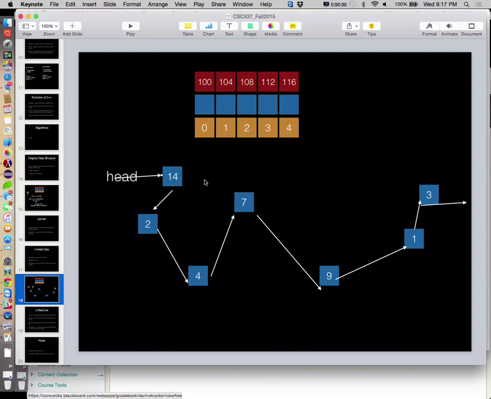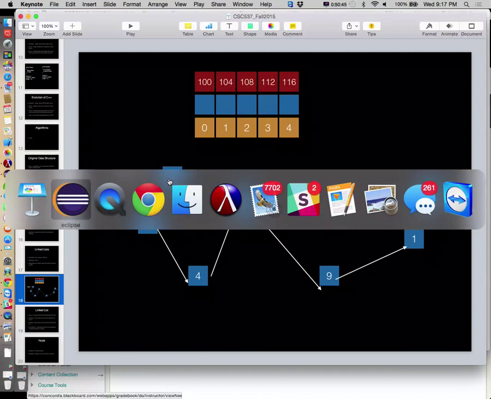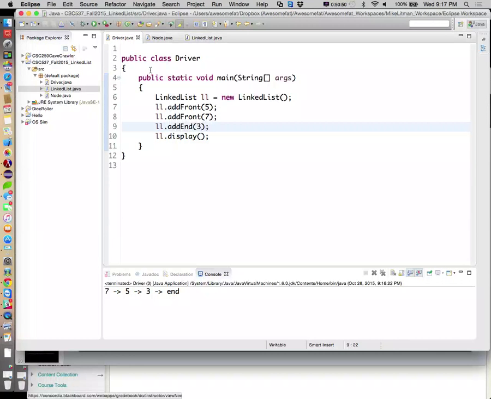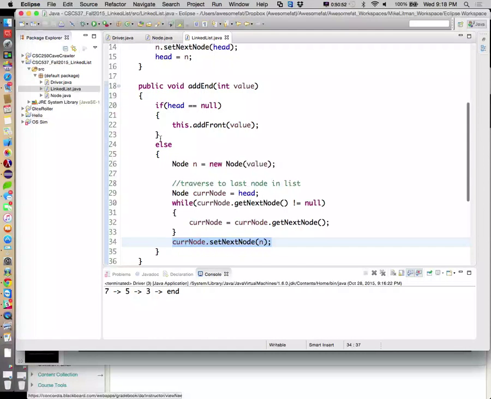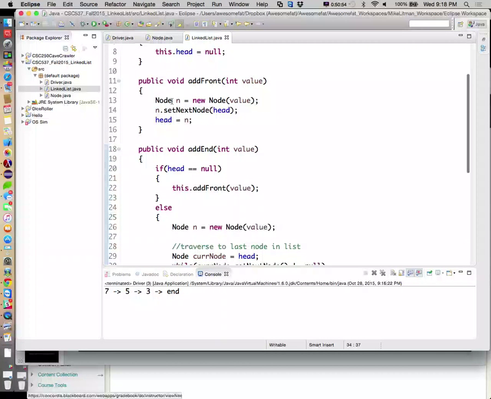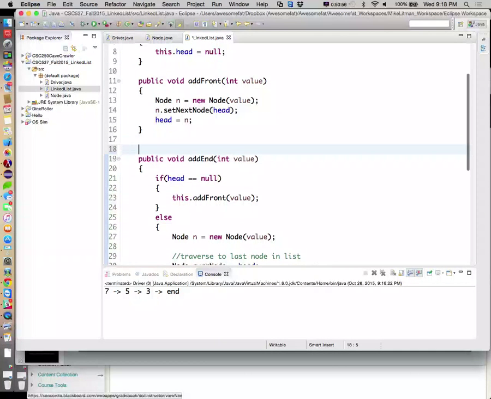All right, so we have to look at what the cadence is. The very first thing we want to do is grab the payload that we want to return. Let's grab the whole node, and then we can get the payload later, just in case we ever decide we want to have the whole node returned rather than just the payload. So we'll go into linked list. Let's put remove front right underneath add front. Public. Right now we're going to have this return an int, the payload of it.